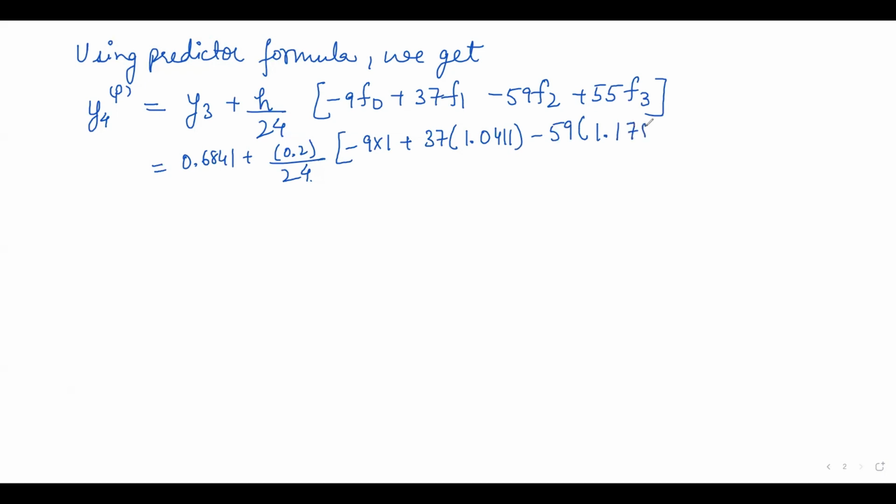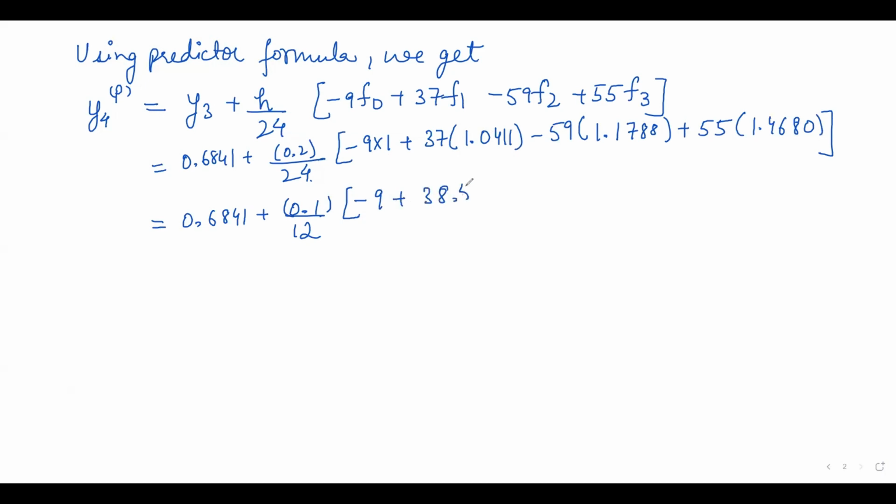So after calculating all of these, my final answer I'll be writing here. So this is 0.6841. Let me just divide this. So this becomes 0.1 divided by 12. And in this, I'm getting minus 9 plus 38.5207 minus 5492 plus 83.74. So this is coming out to be,